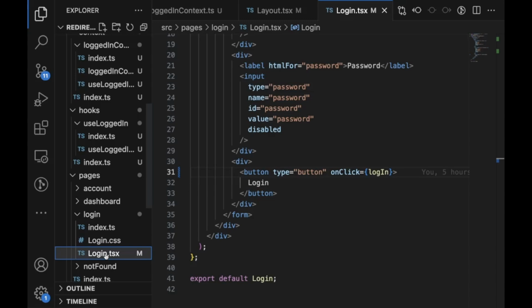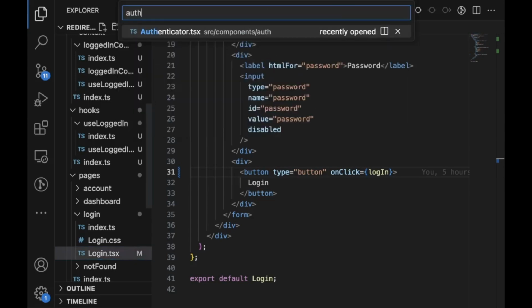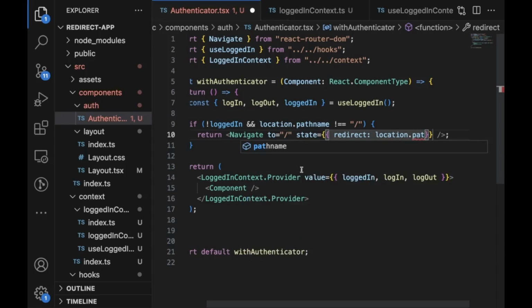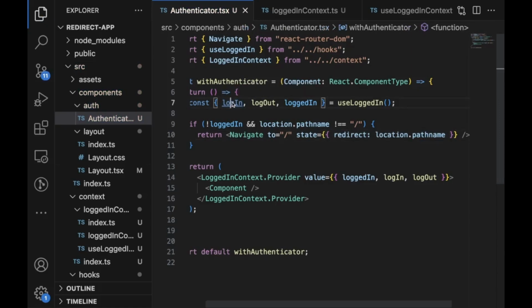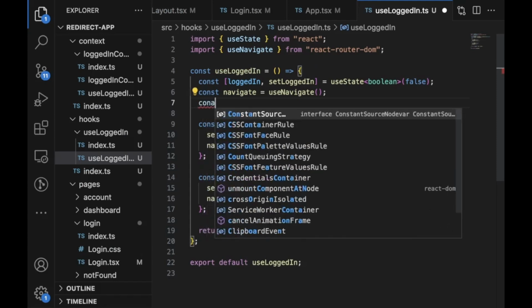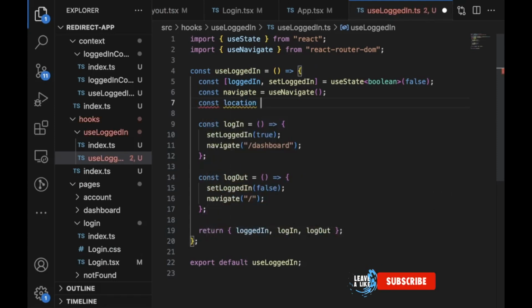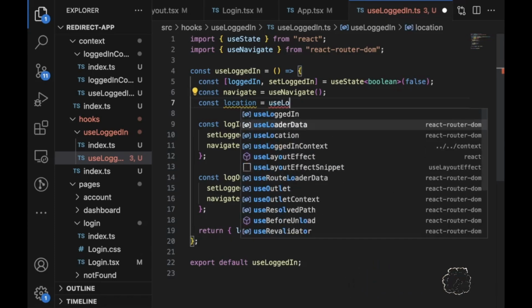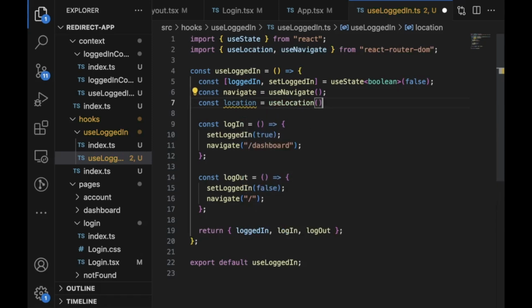So I'll navigate to the authenticator. There, I'll add a state to our navigate and add a value redirect, path name, and in our login function we are going to make use of the location hook. So we'll have const location equal to use location from React Router DOM,